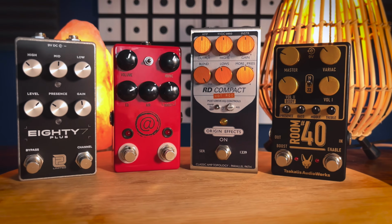I've got a real treat for you today as we dive into the world of hot-rodded Marshall tones. We're comparing 4 boutique Marshall-in-a-box pedals against each other today. But before we dive into the shootout, let's take a trip down memory lane and explore the history of these